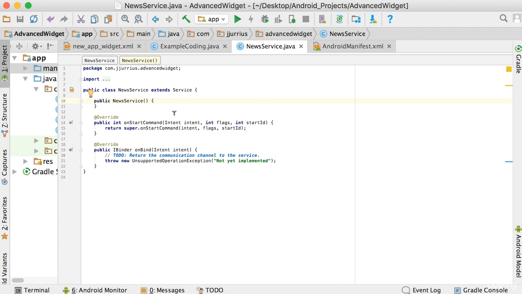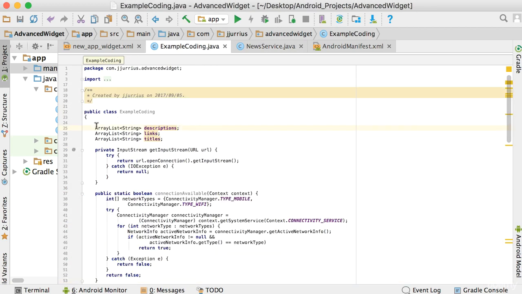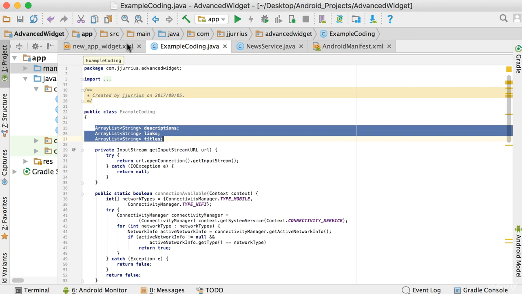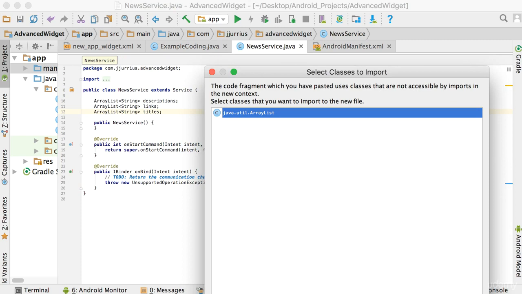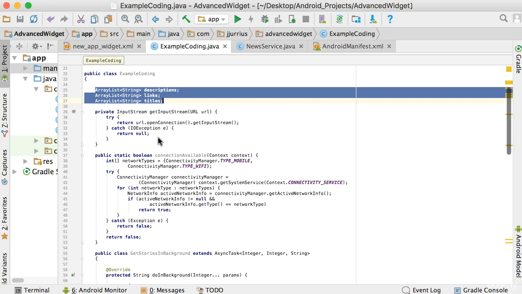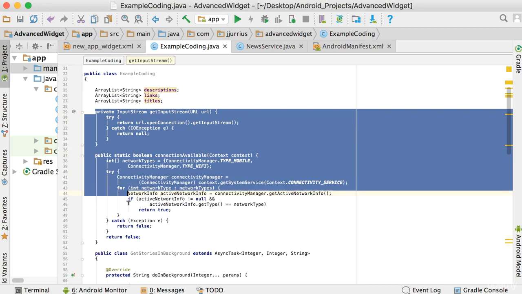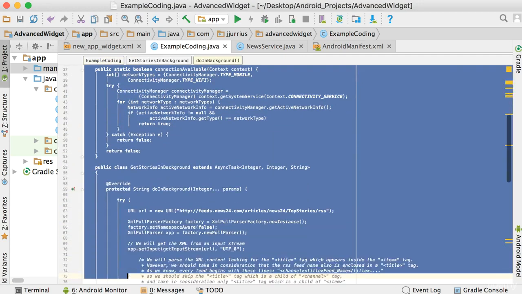So in the service class now, we want to read data from the RSS feed. There's a few things that I'm going to copy from this example coding, and the first thing is these array lists. I want to have those array lists declared at the top. So you can just type them or copy and paste them. So we're going to have the descriptions, the links, and the titles declared in the news service. And then I want to have this method, very important, as well as that method, very important. And also this whole